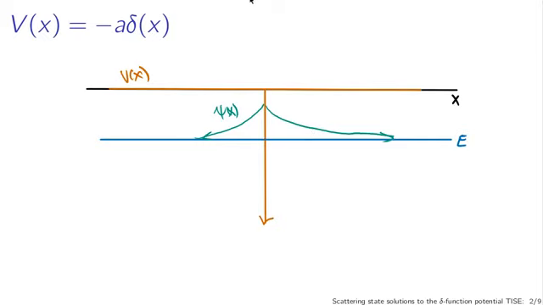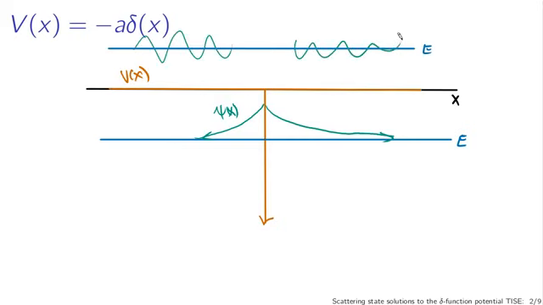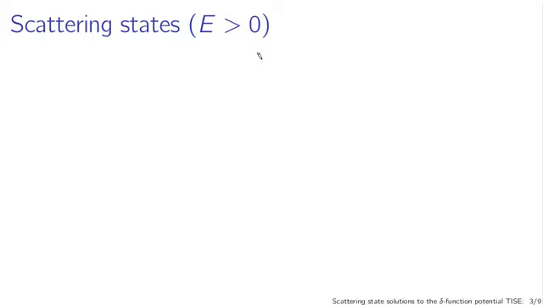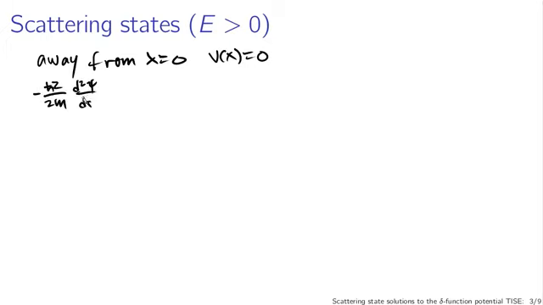The scattering state solutions, by contrast, have energy greater than 0. So we're talking about solutions with energy E up here. At regions away from the delta function, we have basically the behavior of a free particle. We get traveling waves at regions away from the delta function, away from x equals 0. We don't really know what happens at the origin, but we know what our solutions should look like, and we should be able to use our boundary condition matching to figure out what happens at the origin. So what do our scattering states look like? Well, away from x equals 0, we have V of x equal to 0. That means our time-independent Schrodinger equation looks like minus h bar squared over 2m times the second derivative of psi with respect